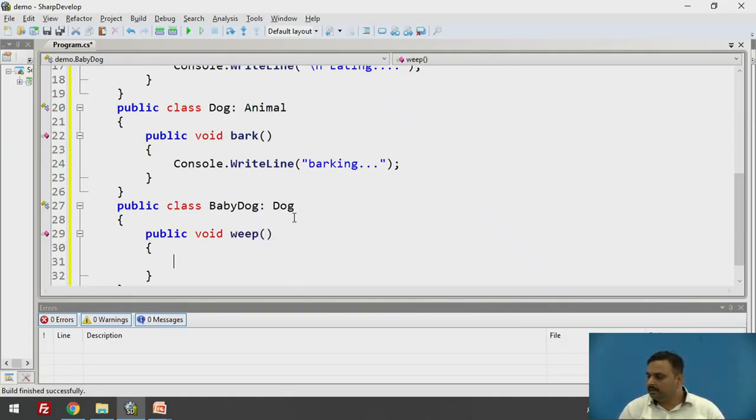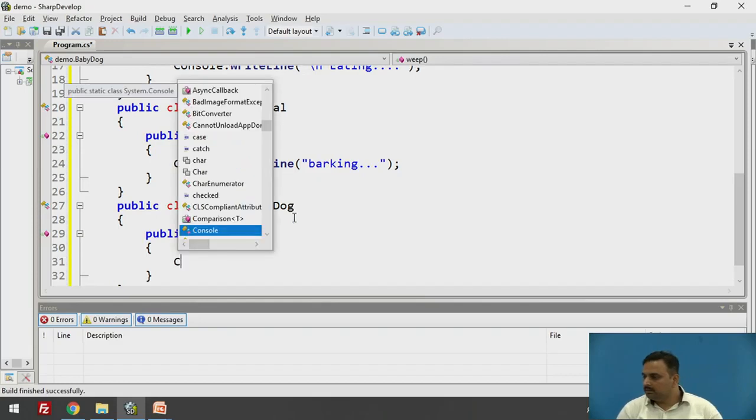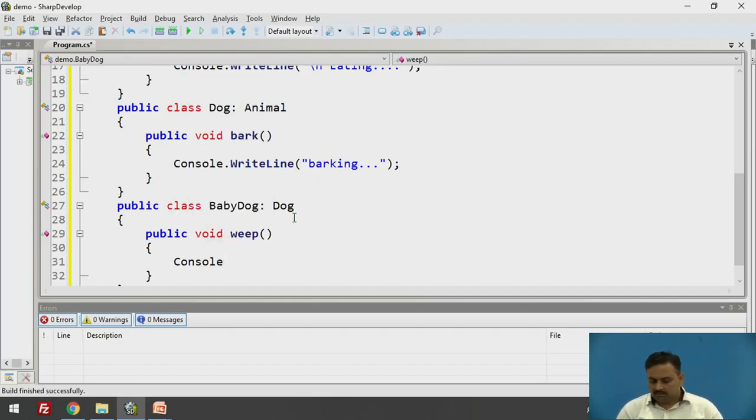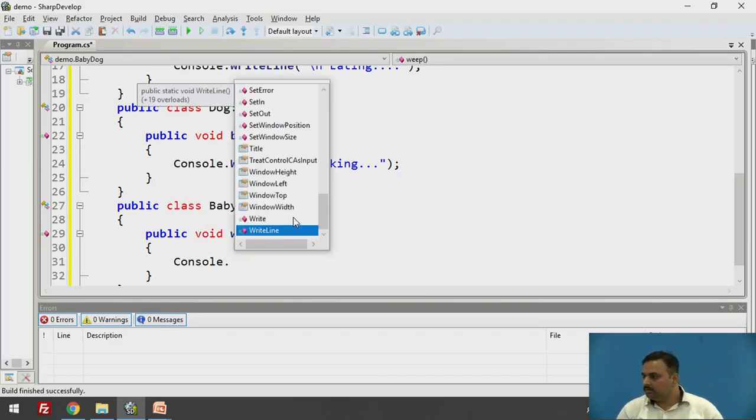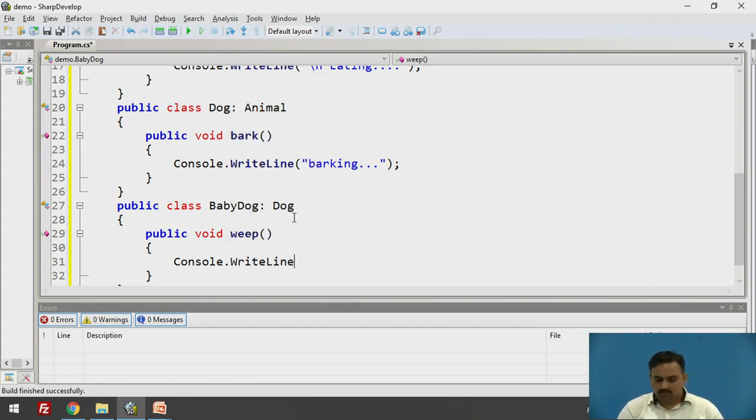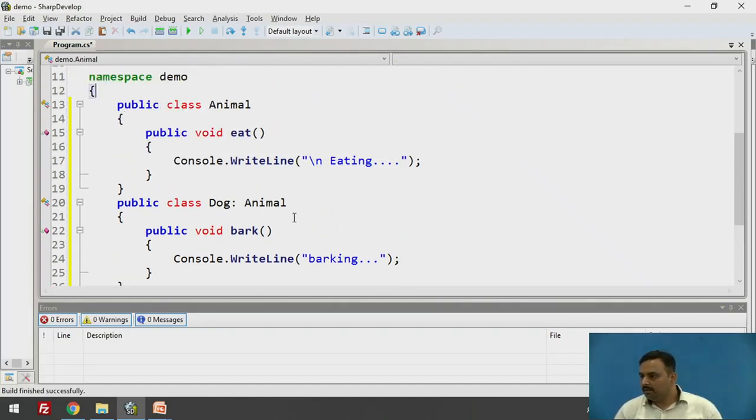And under that Console.WriteLine, and we will simply pass one message. So just have a focus on the large code here.